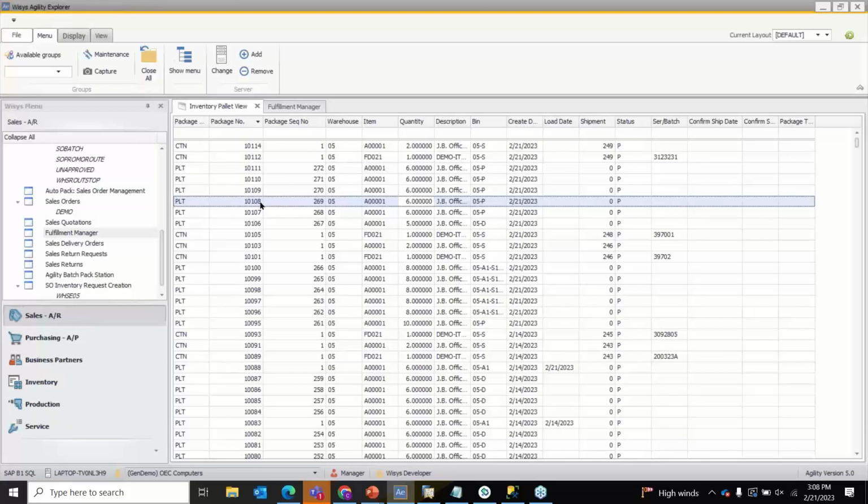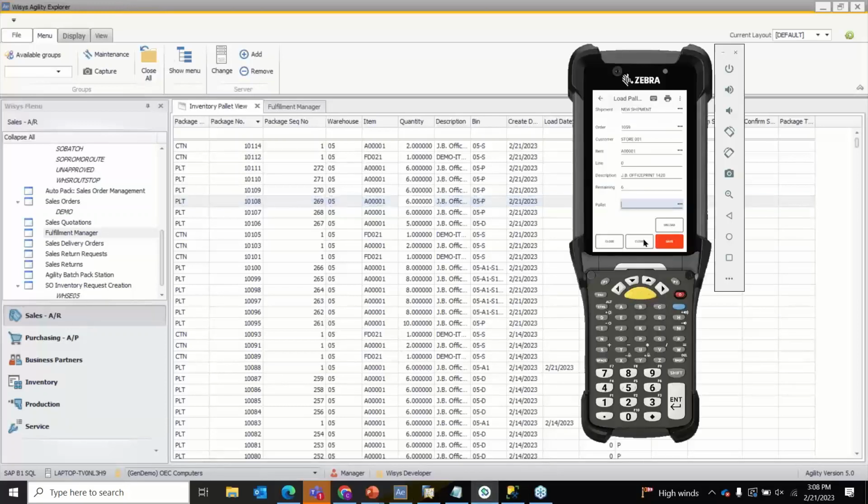So when I go back over to the handheld, I'm going to pull in this pallet 10108. I'm going to pull that to the shipment, and that will satisfy the order for me. So that's what we're going to do, 10108, hit enter. And now we'll see our new shipment number will be created at the top,